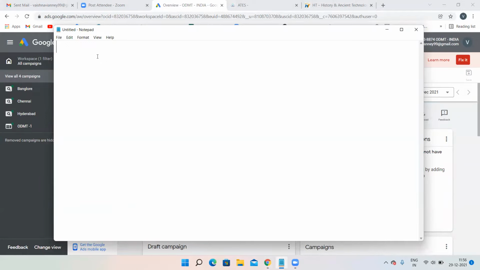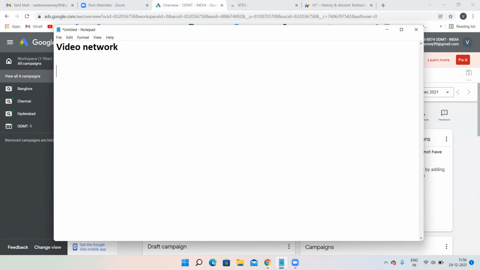The only difference is here you have to upload a video, and it is easier than the display network. So the video network is what we have to start now. Now coming to video network: display network ads, why are we running display network advertisements?